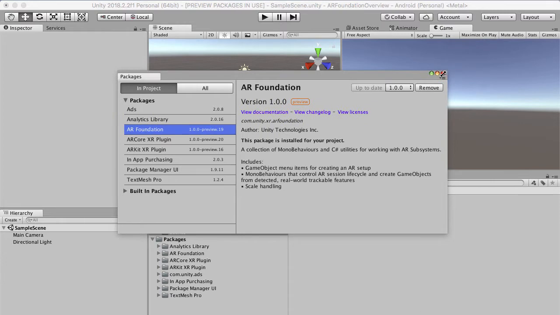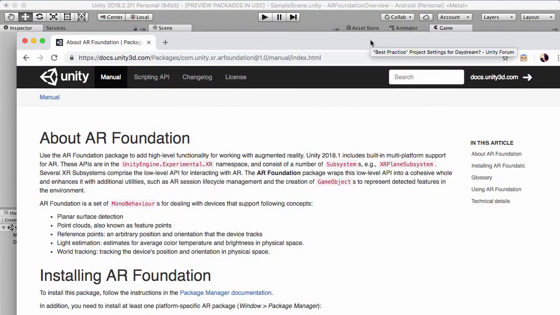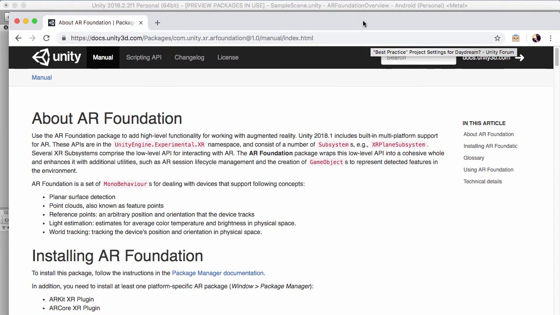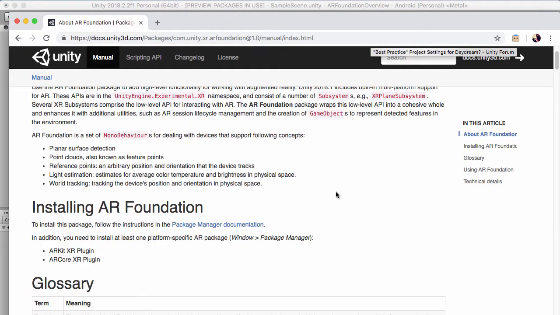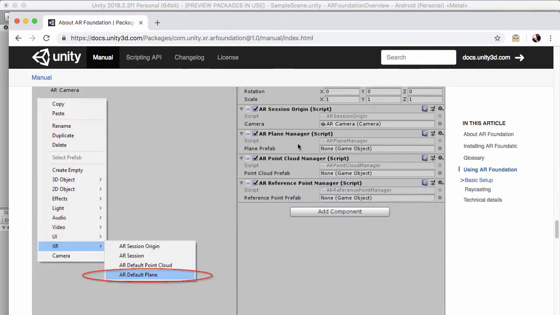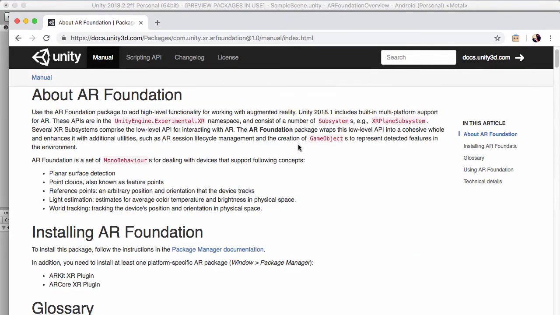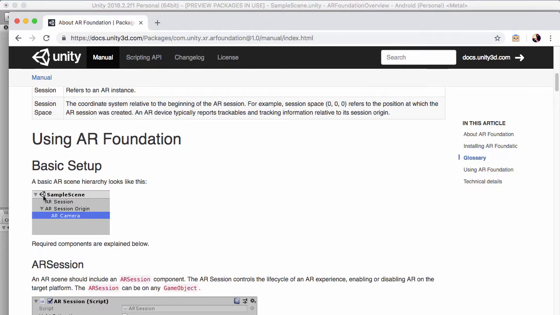Okay, so let's actually look at what we're doing. We've got a blank sample scene that we get with Unity, and what we want to do is recreate the original augmented reality ARFoundation scene that we usually get in our demo scene, right? We want to recreate that from scratch. So if we go to this site, we can see we've got a bunch of instructions that we need to follow. So let's just start off with the beginning one, which is this AR sample scene,